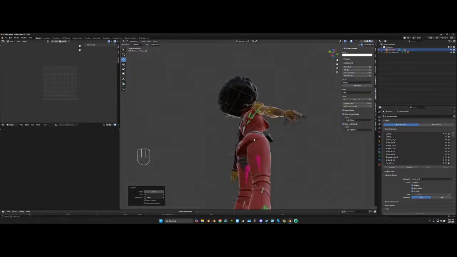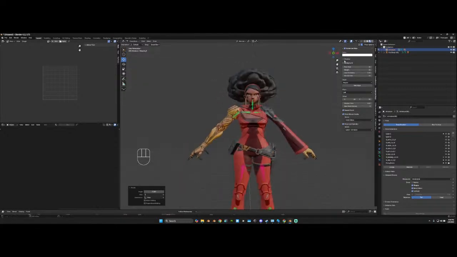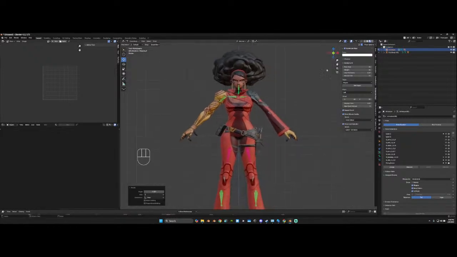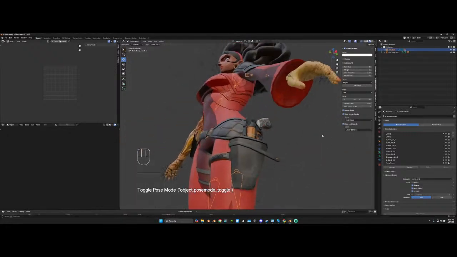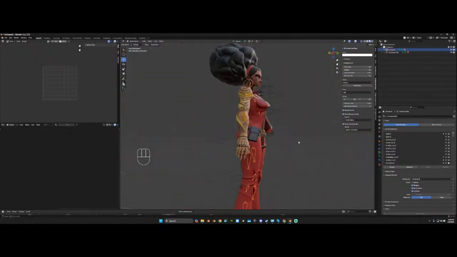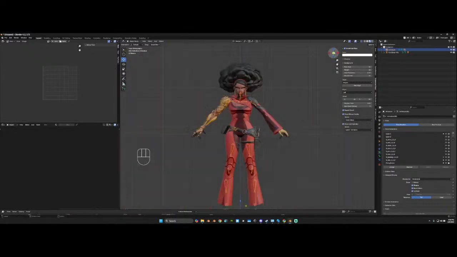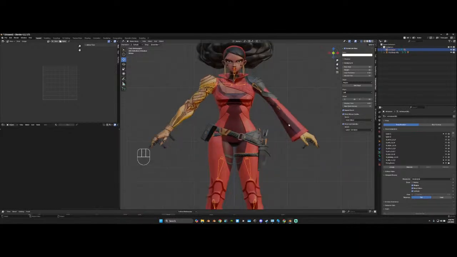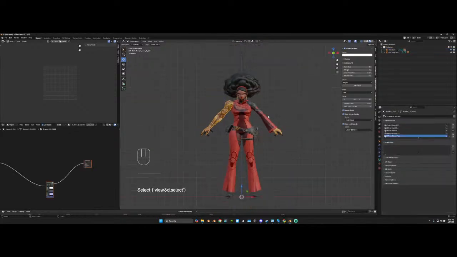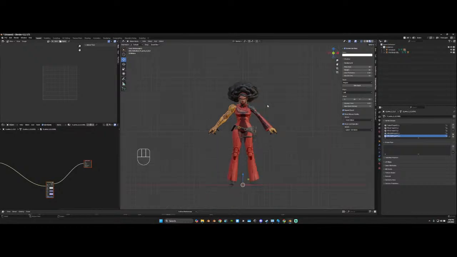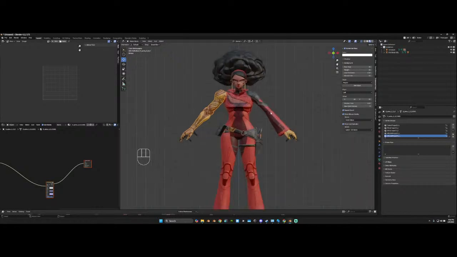What you're gonna run into often is the hands not matching up very well. So there's a couple of things that you can do to address that. I created an add-on that I'm working on to really help with the hands, but it hasn't been super successful. So I'm going to show you how I would do this manually to get essentially the same effect. Once the body is in a position where it's solid, I would suggest saving your blend file so that you have it good, and then